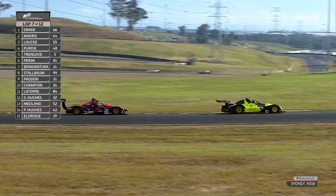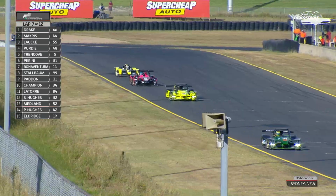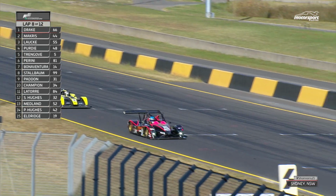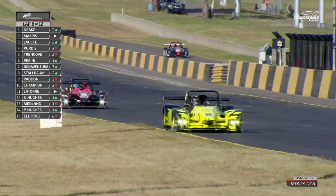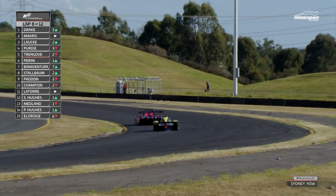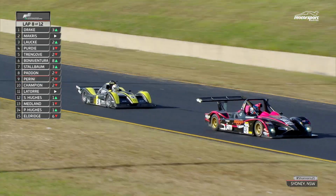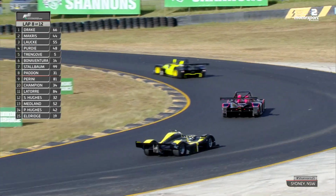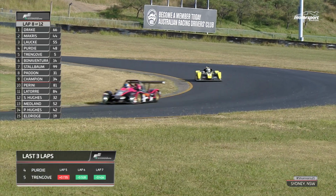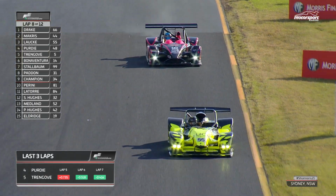There's a couple of different classes being run. P1, which is what we're watching at the front of the race, the outright champions, and if you get up close, we probably can't see it on the live stream, but certainly on the numbers they've got their classes that they're running in. These are all P1 cars we're looking at. P2, which is cars that are competing in beginners, or they're encouraging some of the previous competitors to come back in the game, and the Radical class, which we're just starting to see. The first of the Radicals is Carmelo Bonaventura from Melos Rendering, a ripping bloke and doing a tremendous job, but just starting to hear some of those turbo cars starting to...